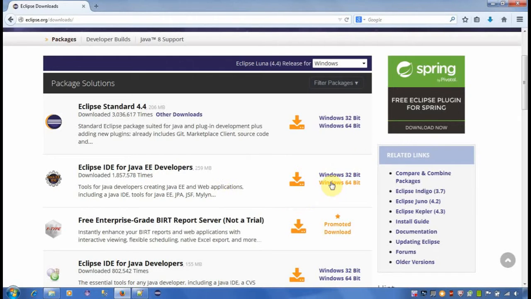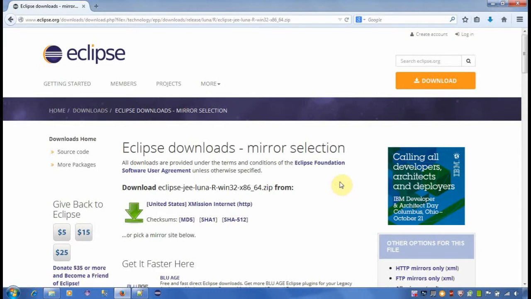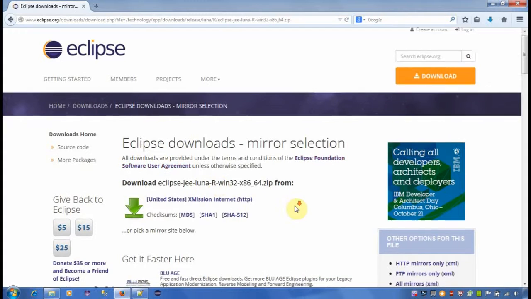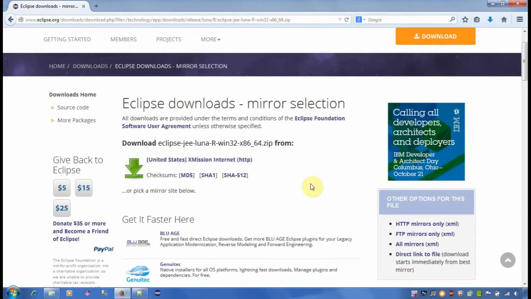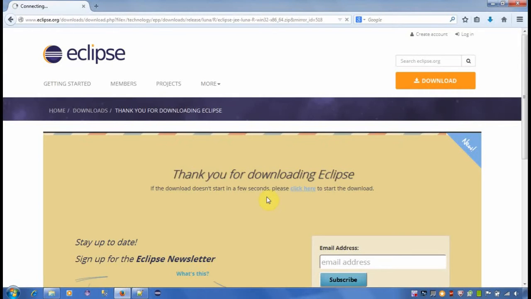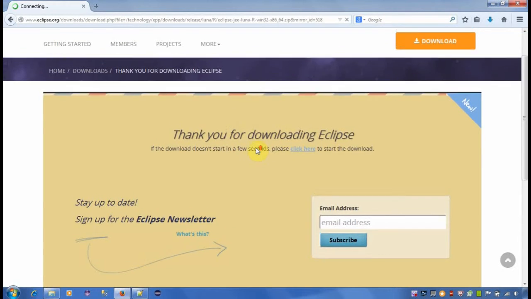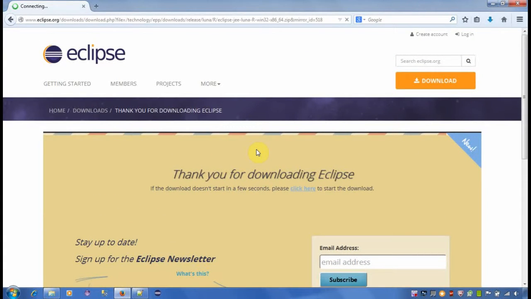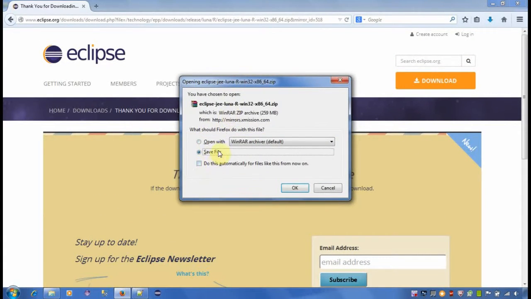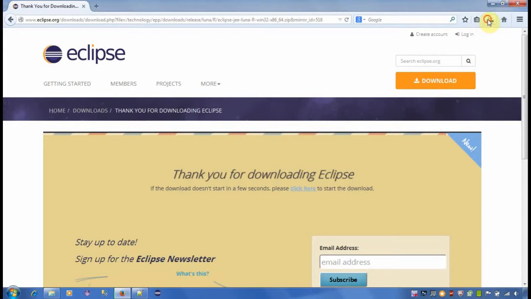And to do so, all I have to do is click Windows, whichever Windows option you need. I'm going to click Windows 64-bit. And you'll see this come up here, and you have to choose a mirror from which you're going to download. I'm going to go ahead and stay with default. And you can see here, it's going to start soon. And here you just save the file out to wherever it would be. So if you click OK here, you can see that this download's starting,